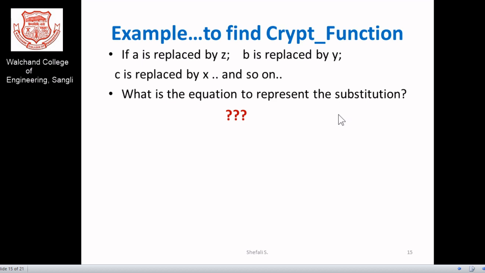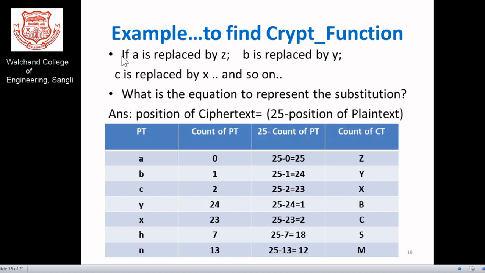Can you guess what the function will be? We actually know the answer, in what way the replacement happens, but if a mathematical function is to be given, in what way can we give it? This exercise is simply to find the function itself. So I'll help you: we'll try to find the positions of the elements.